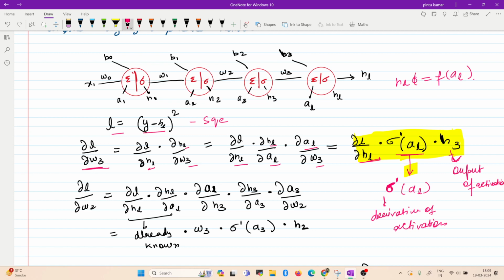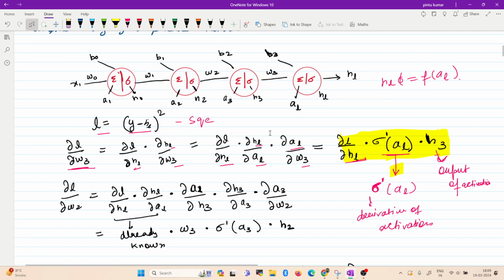So when you calculate the gradient, you have some terms multiplied with the derivative of your activation function, multiplied with the output of your activation